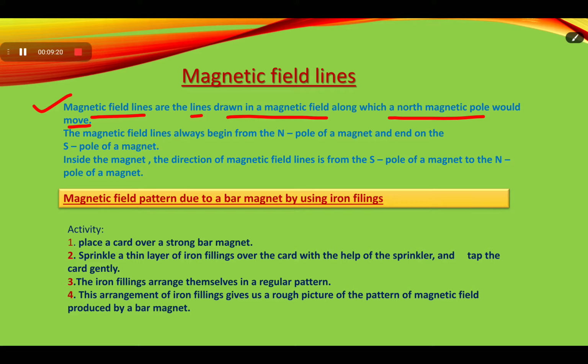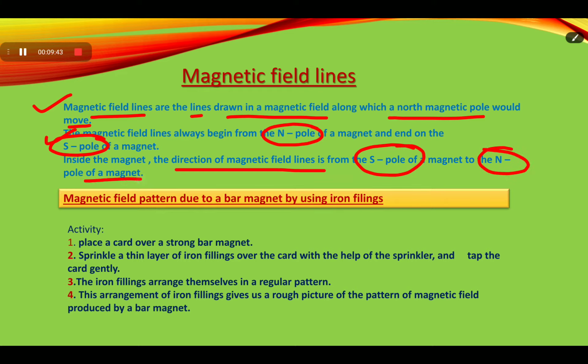pole would move. Here, the magnetic field lines always begin from the north pole and always end on the south pole of the magnet. And inside the magnet, the direction of magnetic field lines is from the south pole of a magnet to the north pole of the magnet. Now, here is an activity, that is, magnetic field pattern due to a bar magnet by